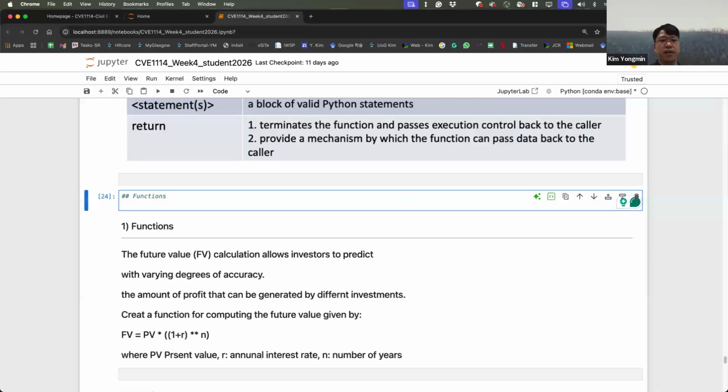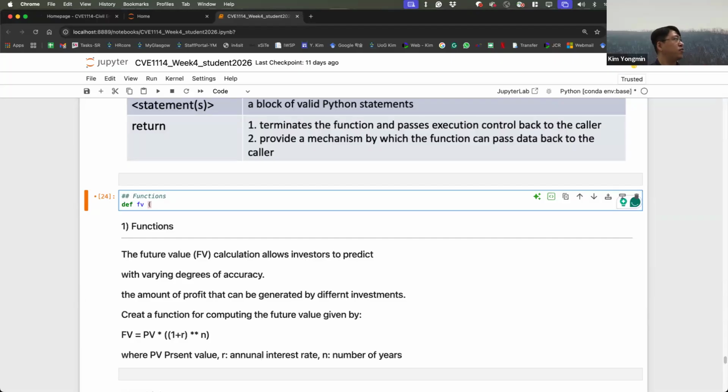We are going to define this function, future value. Def future value function, so I put FV, future value.